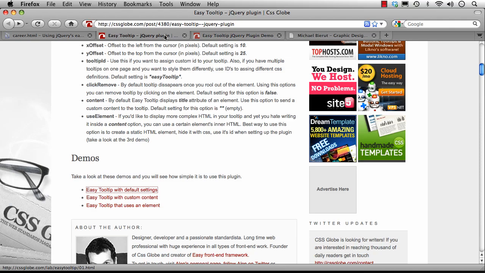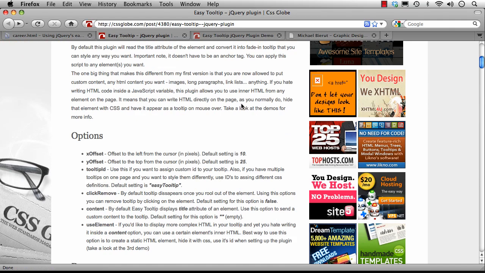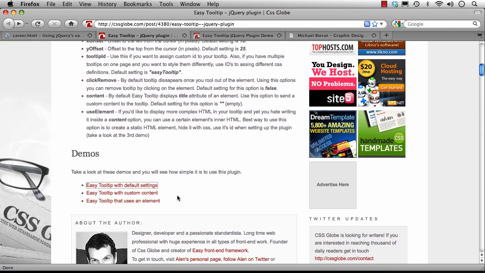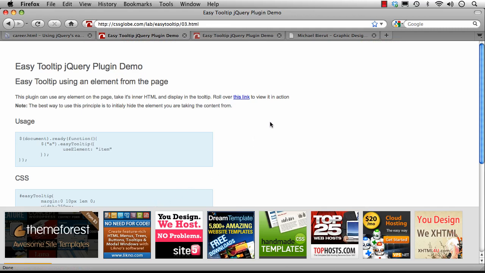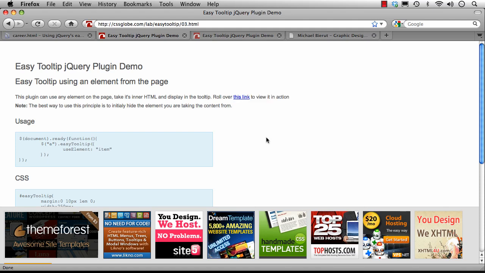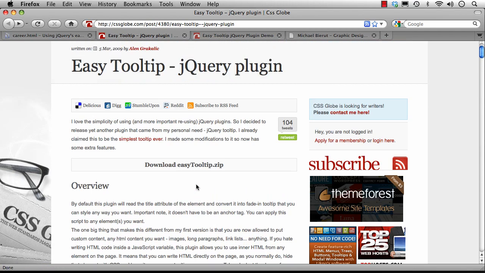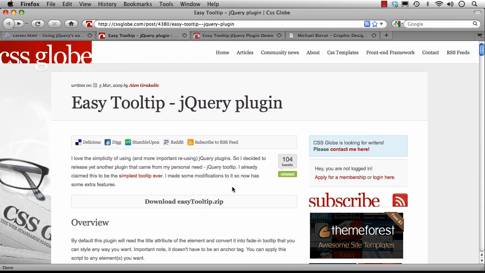Here is the tutorial, EasyTooltip jQuery plugin, and there's actually a few variations. You can do one where it displays an element, so if you mouse over, it actually shows a div with various things inside. A little bit too much for us. If you want to play with that one a little bit, you can. The thing that we're going to download allows us to do all three. Alright, so I'm just going to close that